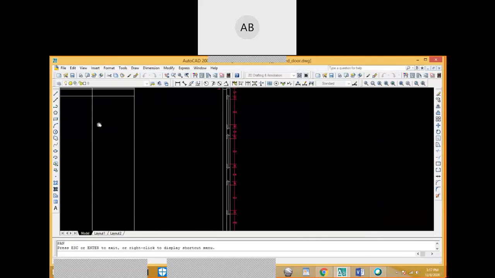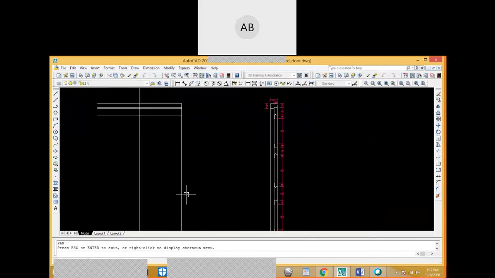Now I am going to concentrate on my front elevation, or the elevation of the door. So I will just use the technique of projecting from the side view up to here. Okay. So no need for this part. So this is fine. So first of all, let us see the thickness